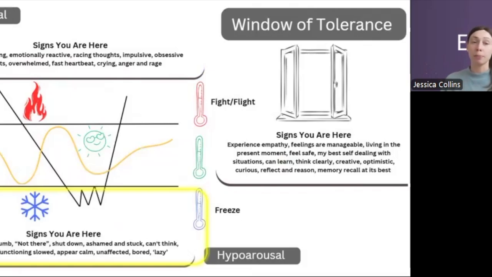We might notice people feeling like they're not particularly present in the room with us. So either they're entirely dissociated from us or there's a sense that they've zoned out from the room. You might notice some blank stares. It feels like they're not really looking at you. They're looking through you or past you because they're not truly present in the room or in the moment.